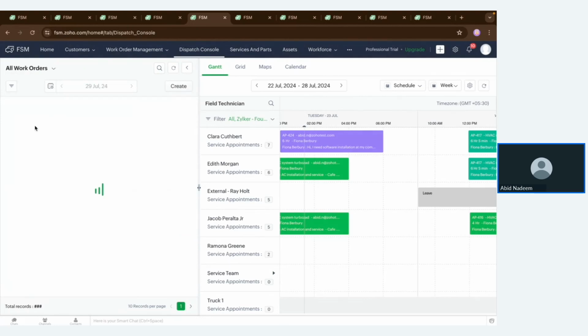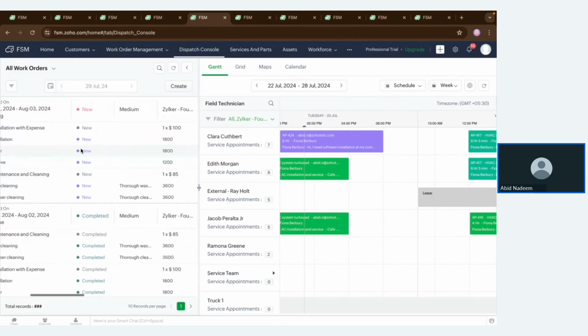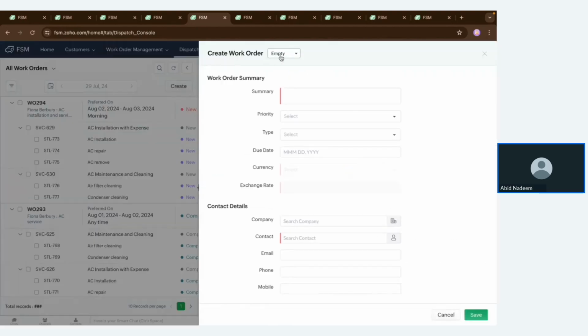We can view all the detailed work order information right here, and we can filter work orders based on the views or different fields or date fields available. In case of emergency, you can very well create a work order right from here by clicking on the create button,